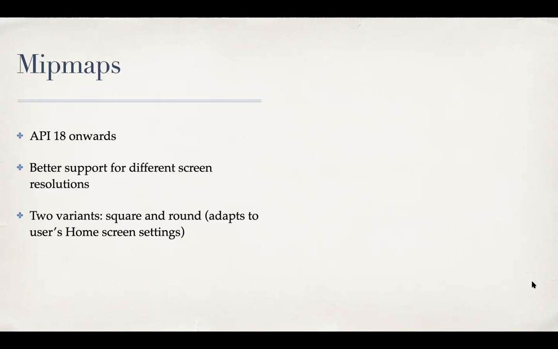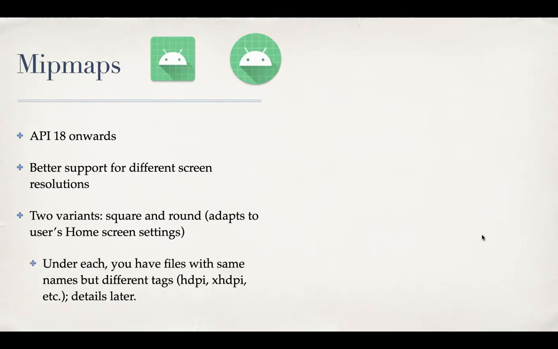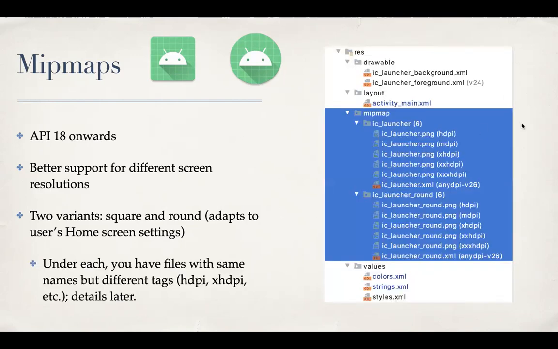on the previous slide. So you'll also find these two variants in your project, because we are using an API much higher than 18. So they are already included. This is the square icon and this is the round icon. And if you look at the project tool window, you will see Mipmap, and under that ic_launcher and ic_launcher_round,